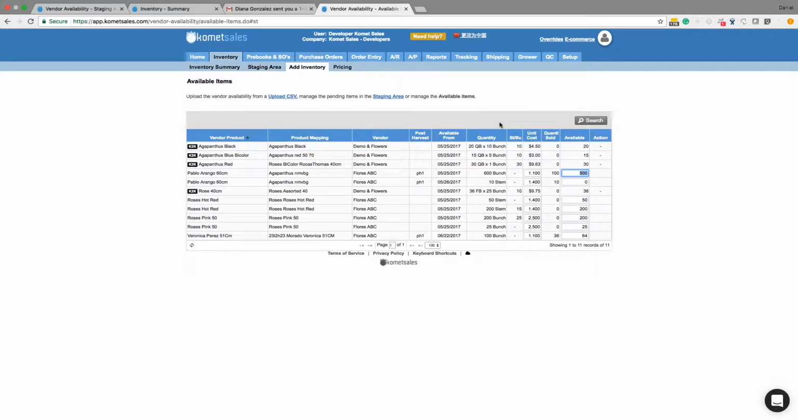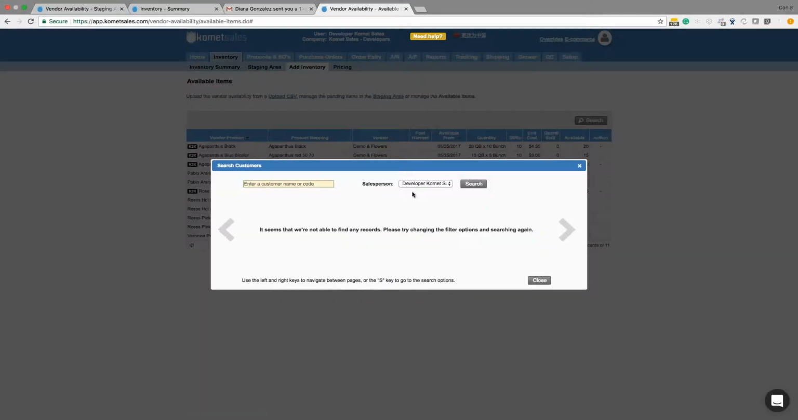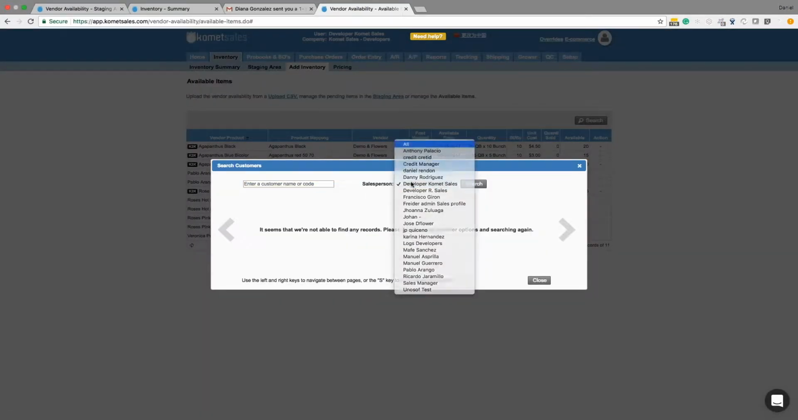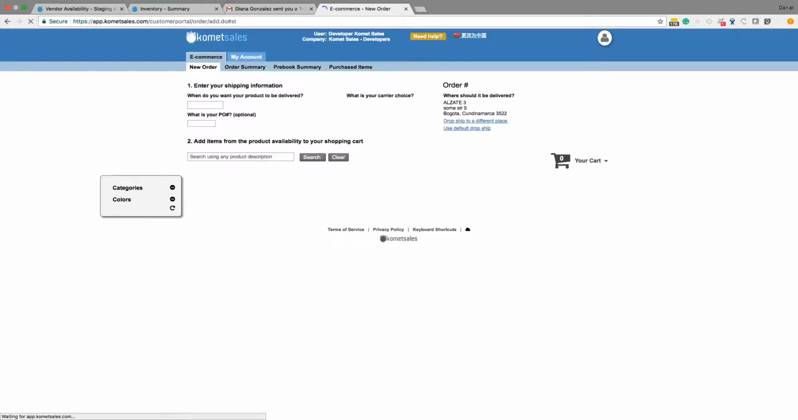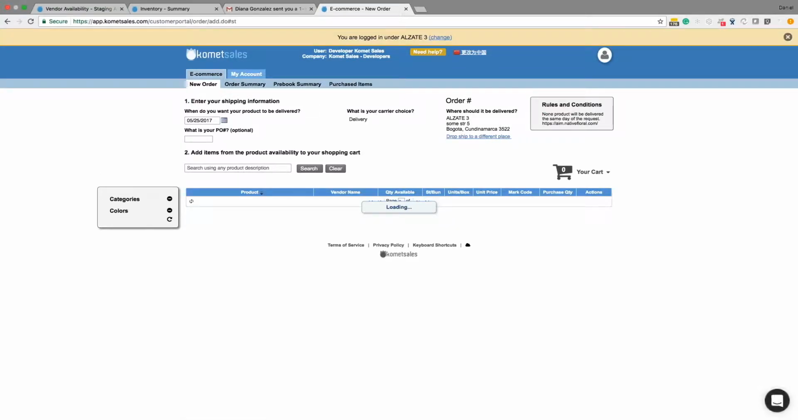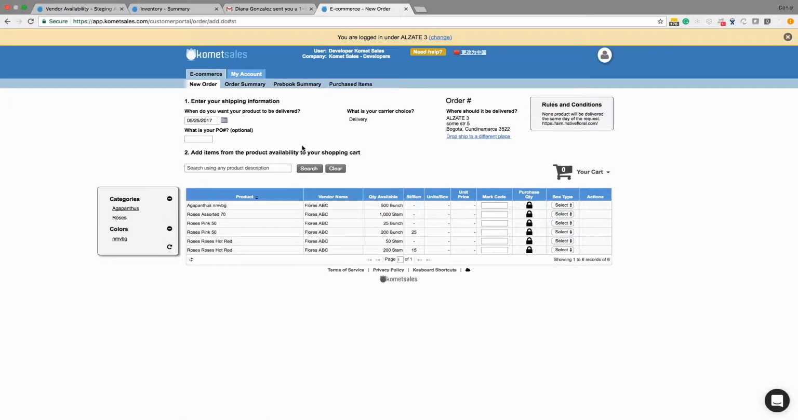then I'm going to go now and log in as a customer. So I'm going to click on e-commerce, and I'm going to log in as a customer. Click on Alzate. Let's use this customer today. And then here, so it's logging in. And now this customer, as you can see, takes by default today's date, but there's really no K2K